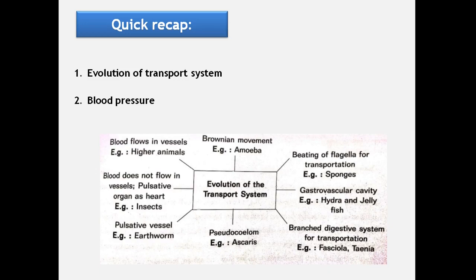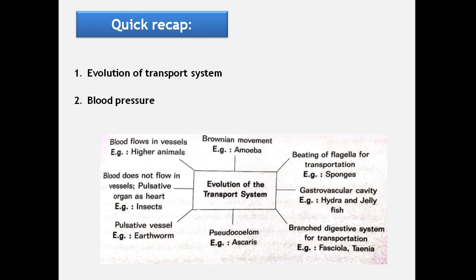In Platyhelminthes, a branched digestive system is there for transportation, example fasciola and taenia. Next, in Nemathelminthes, the pseudocoelom, the false coelom, helps in transportation of substances, example ascaris. Coming to Annelida, for the first time a pulsatile vessel is seen in annelids, example earthworm, and it pumps the blood. Coming to the arthropoda, a pulsative organ called heart is there, and in addition to that, an open